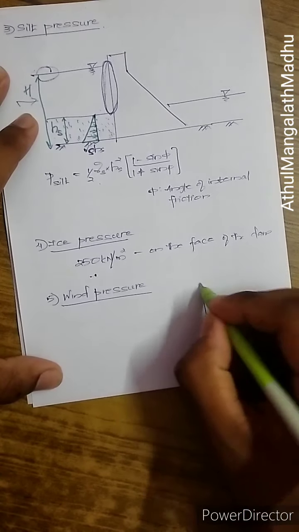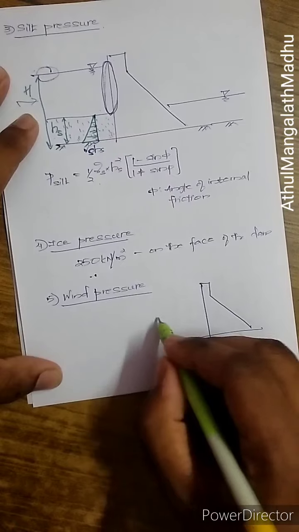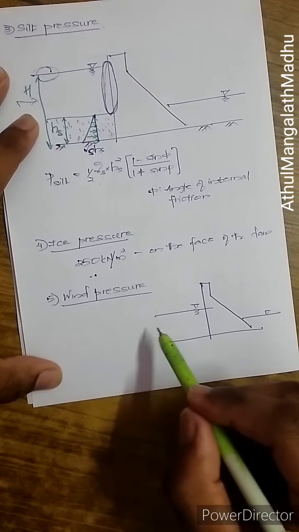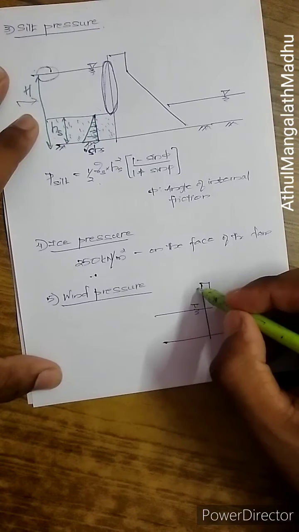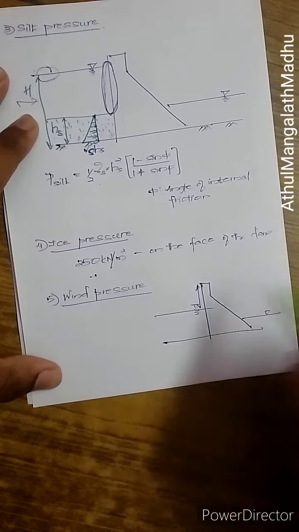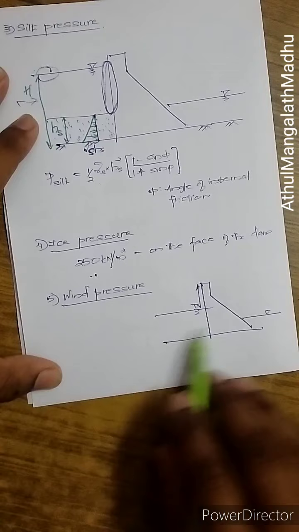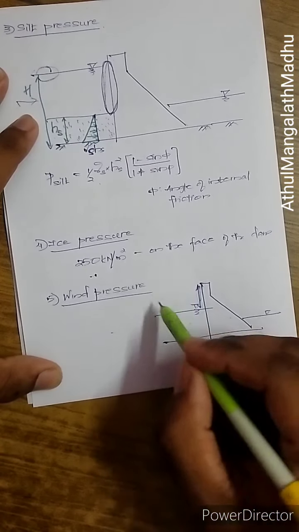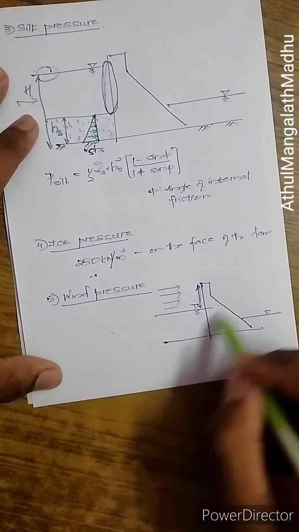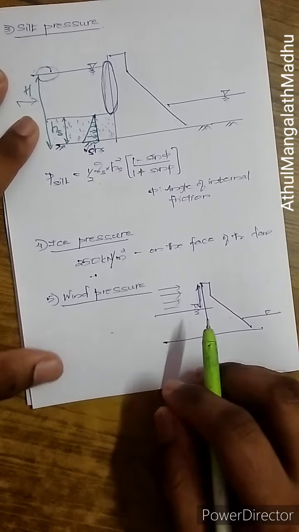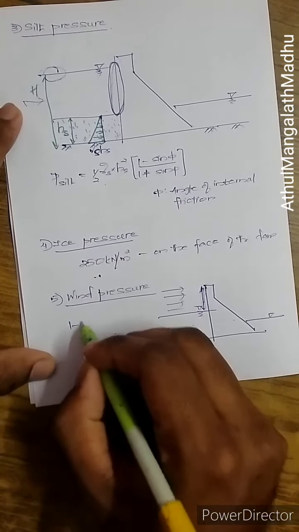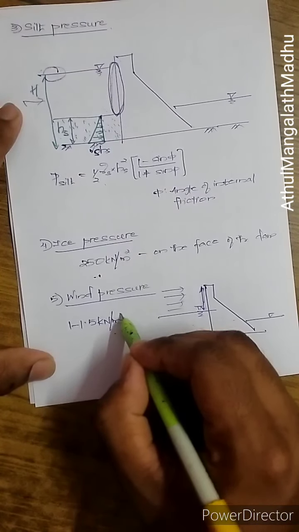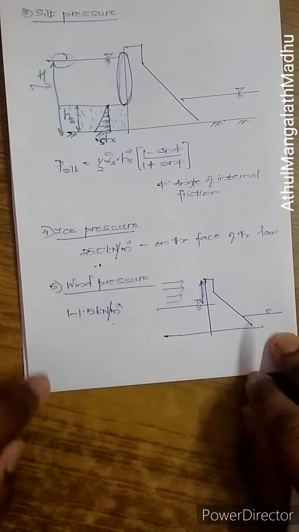see, if I draw a figure for the dam, and you have water up to this much height, it's not full. Wind will be exerting a pressure on this exposed area. This much area is getting exposed. This much portion is water. Wind will not be going through water, but this much portion is getting exposed to wind. So that has to be resisted. So the portion which is exposed to wind will be experiencing 1 to 1.5 kilonewton per meter square of wind pressure. So that's how you calculate the wind pressure.